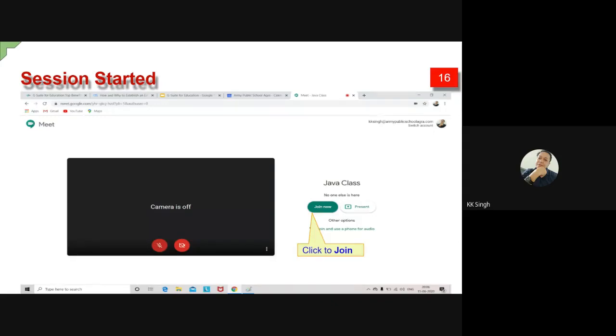But I say, for better performance and better reception of the audio and video, the teacher or the presenter should keep the mic in mute position and the camera in off position. While starting the session, he or she should unmute the mic and ask all the participants to mute their mics. This should be the trend every time, so that chaos should not be there. Only presenters should speak and students should be in mute position.